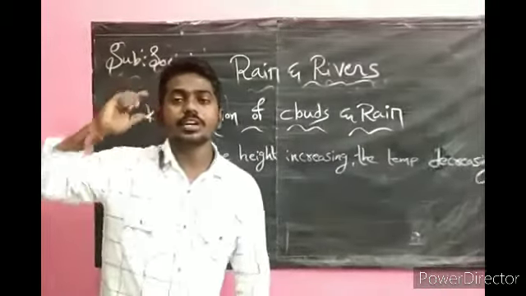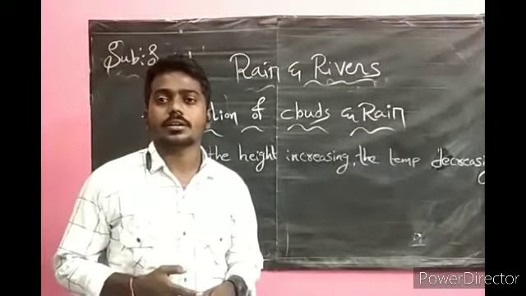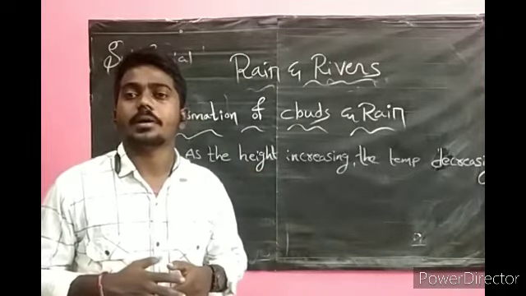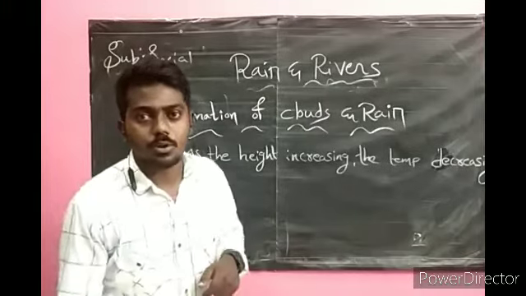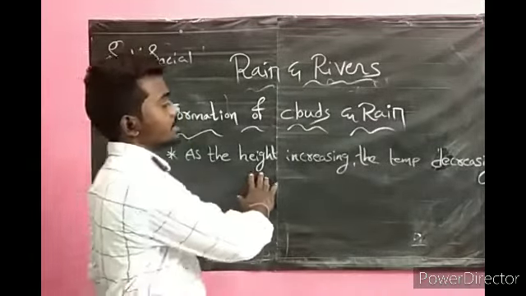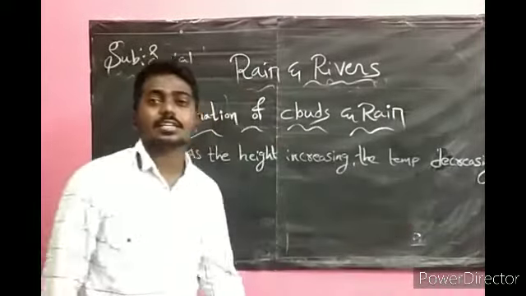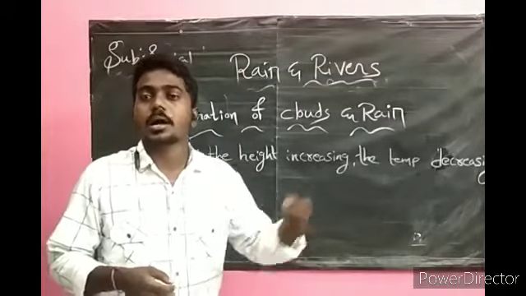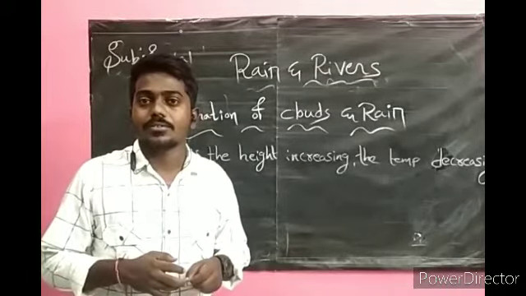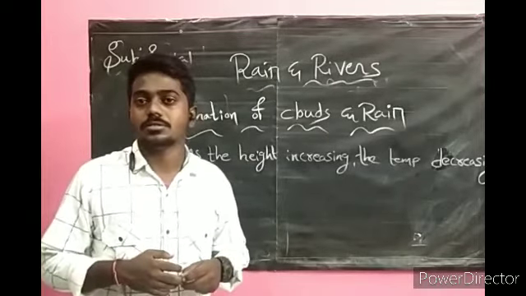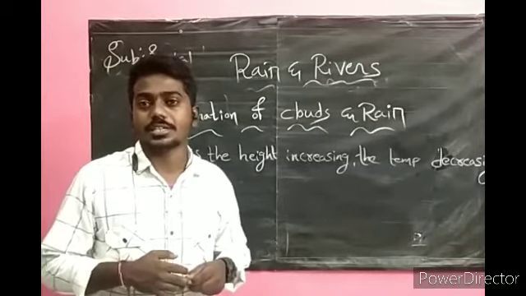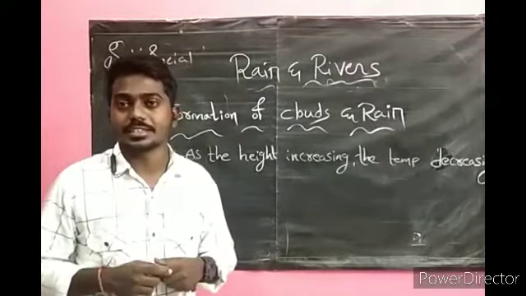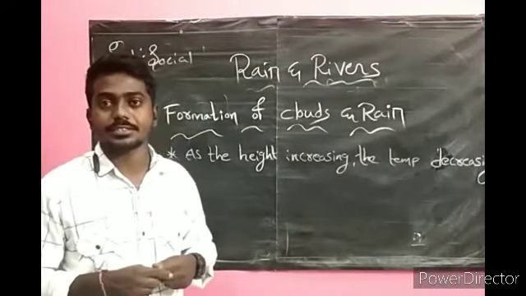Okay, when water changes into water vapor, the process of evaporation, then again the water vapor becomes cold. Why? Because as we go from height, the temperature will be decreasing. As the height is increasing, the temperature will be decreasing. You can see while we are going the upside of the hills in the summer season, it is comfortable to go to the hills upside. Why? Because the temperature is decreasing and the height is increasing. Okay, you have to know this point.